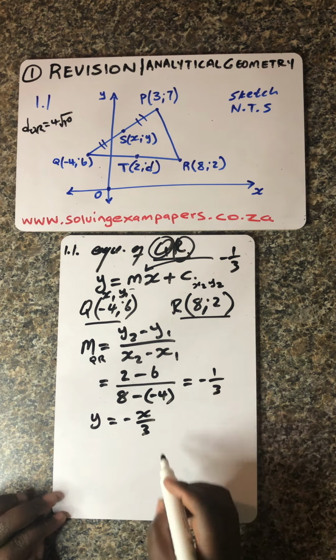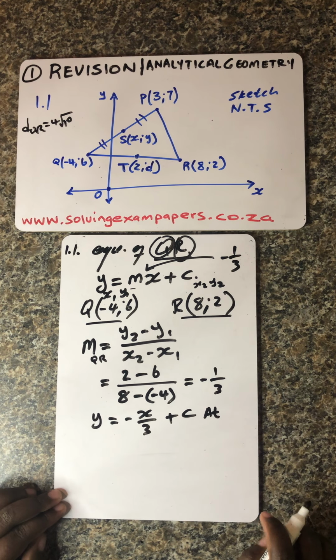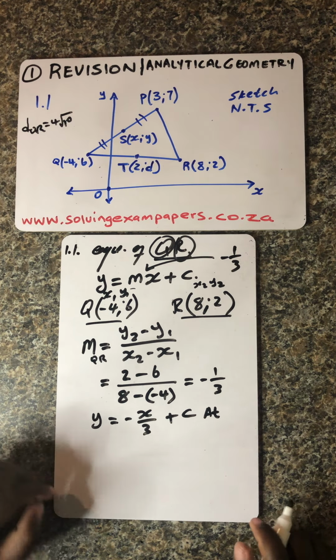Whichever way you write it, it doesn't matter, but it's one and the same thing. So you can say at one point, for this gradient of negative 1 over 3, it passes through these 2 points. So it's just a matter of you choosing